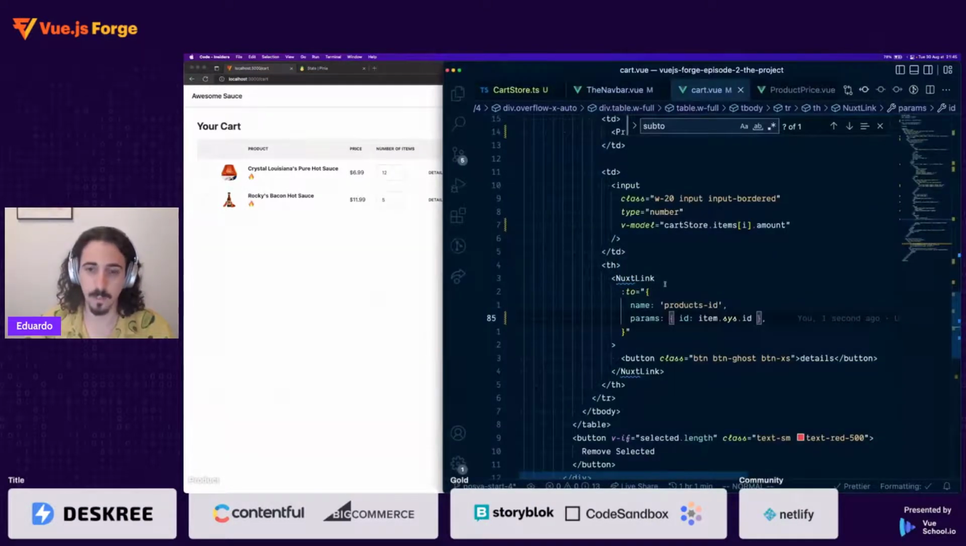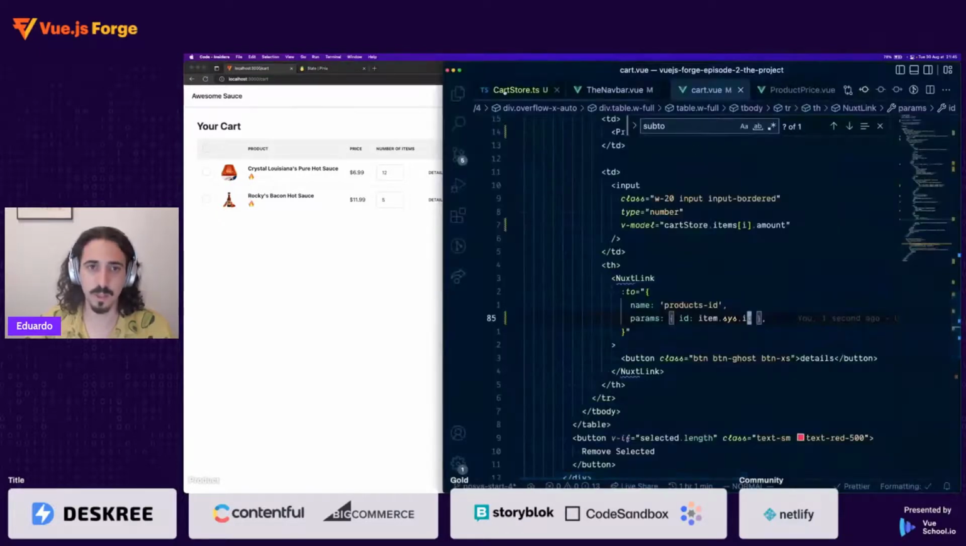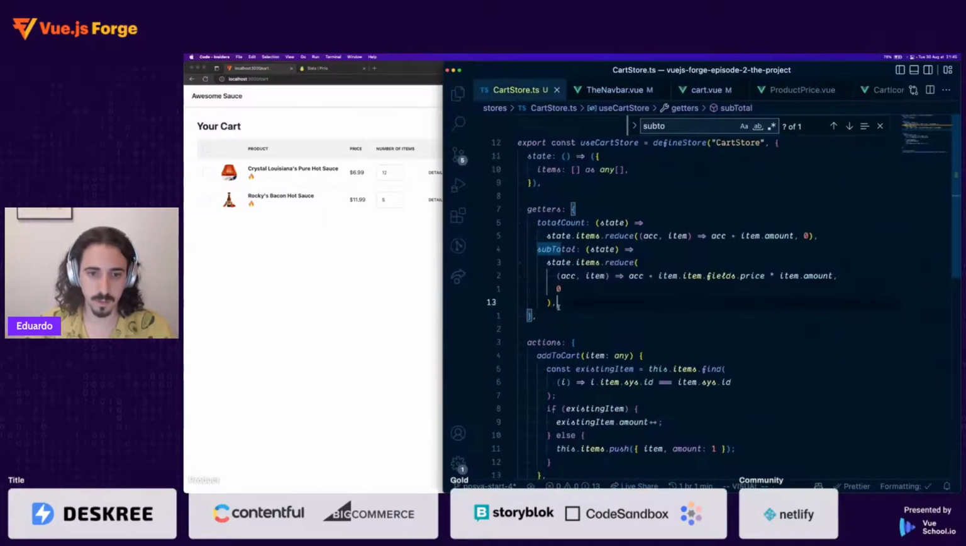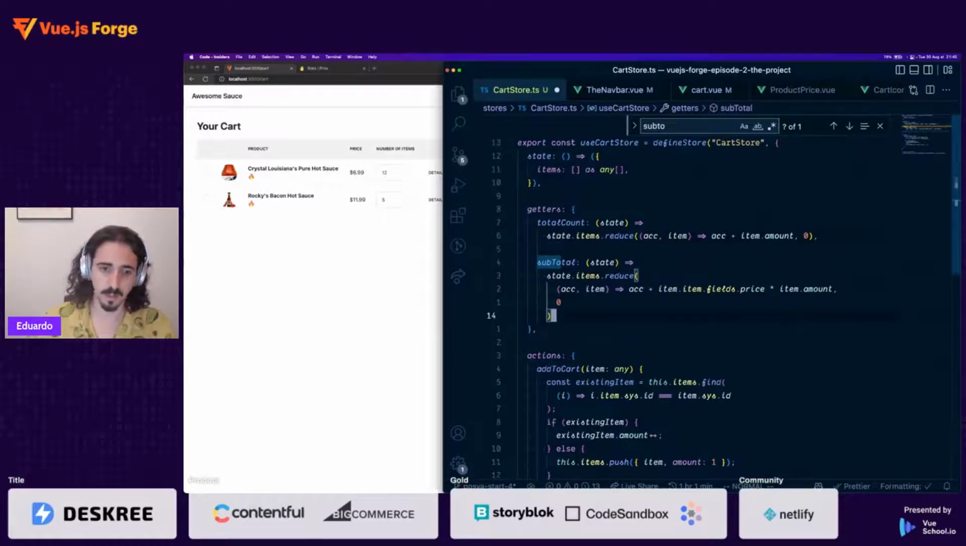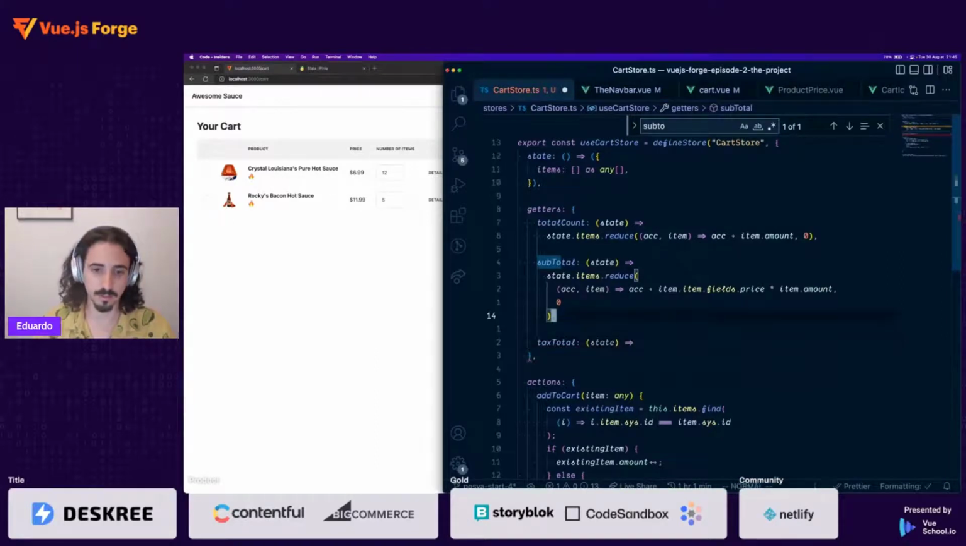All right, so estimated taxes and total. Okay, so that means a few getters. We can do it in multiple. So we have the subtotal. We need the tax total. And so that's going to be, well, it's actually going to be